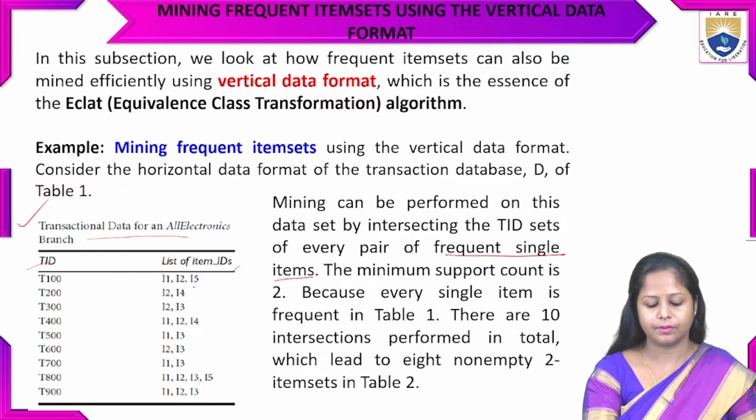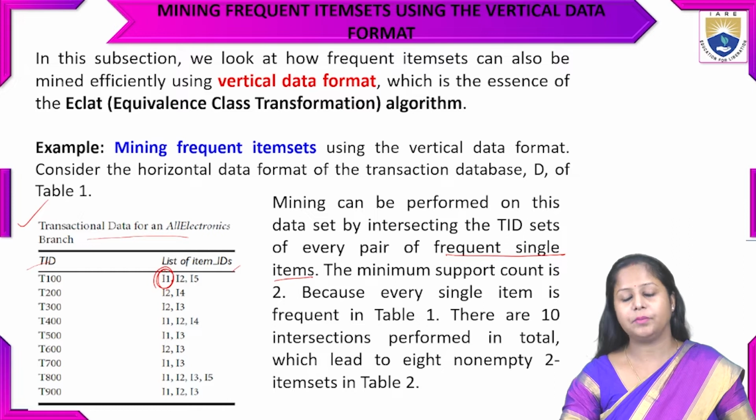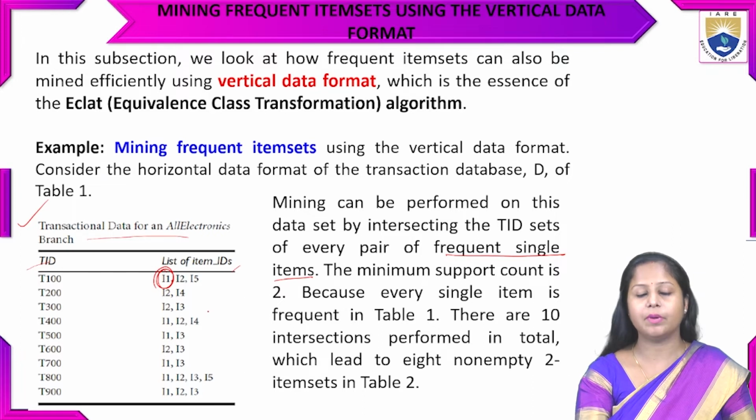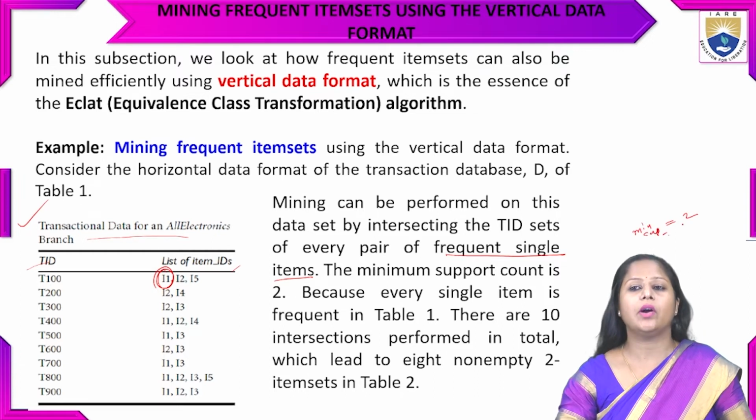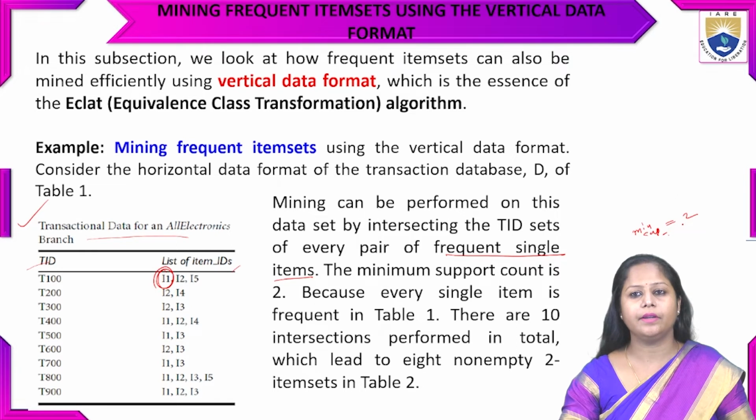The minimum support count is 2. Because every single item is frequent in the table,